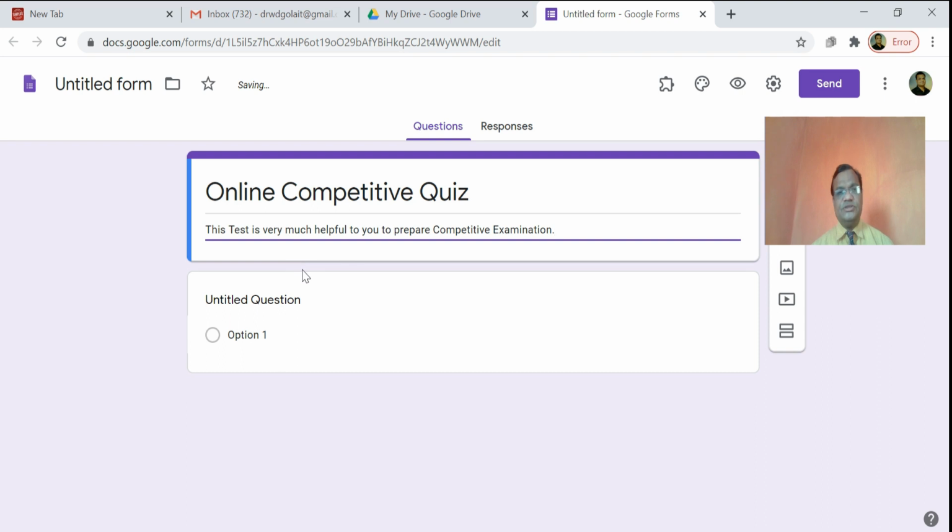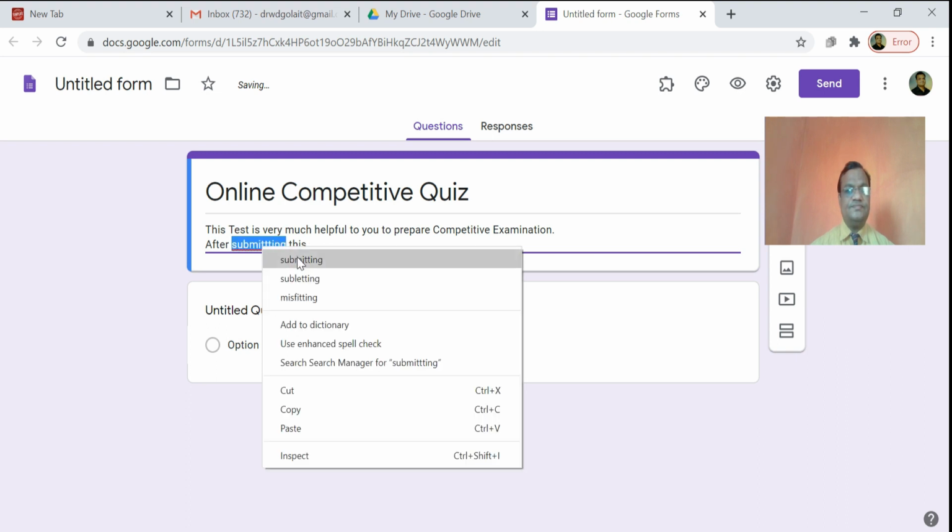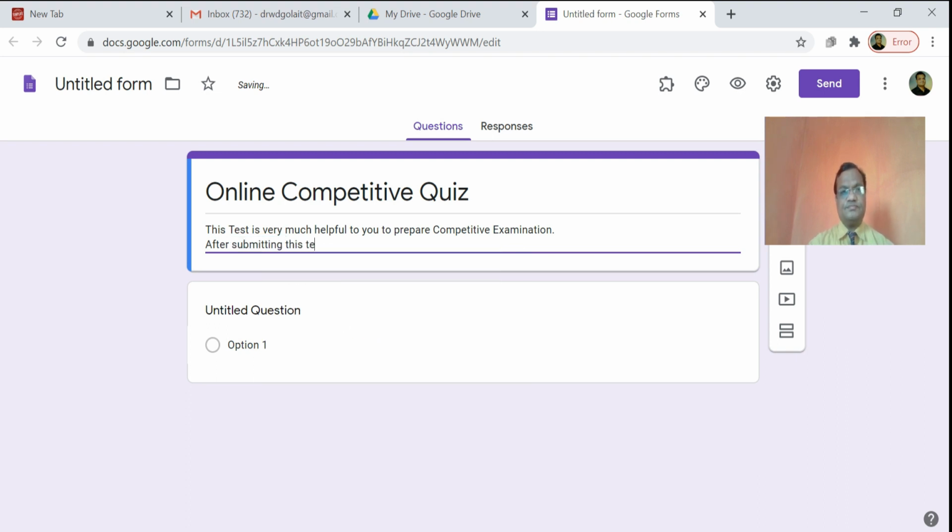This test is very helpful to you to prepare for competitive examinations. Now I can write here: after submitting this test or quiz, you will get an e-certificate.